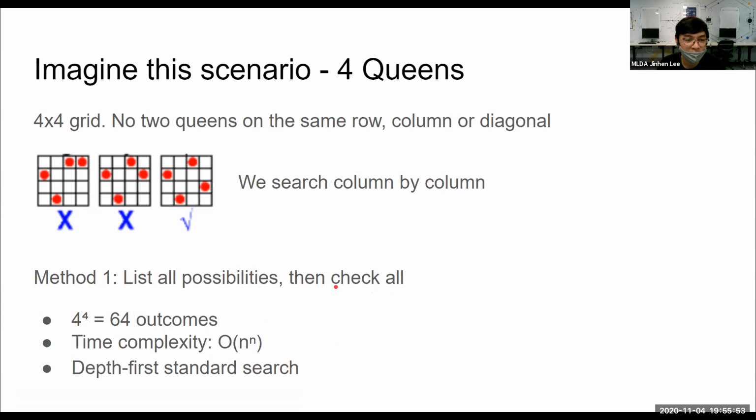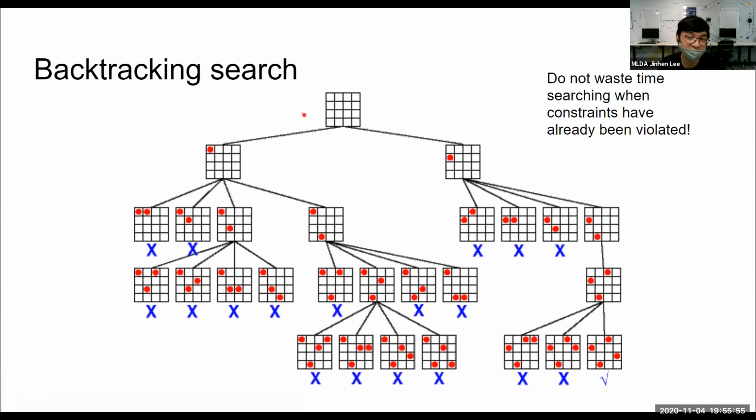So instead, we try expanding first. So we call this backtracking search. We expand it first. And we see that maybe if this over here does not satisfy what we want already, so it's violated already. Because over here, when it's not satisfied, it violated already. The further nodes that you expand below it will also all be violated. So why do you bother expanding this node? Don't bother expanding. So in the case where it's violated, just go backtrack and then expand again.